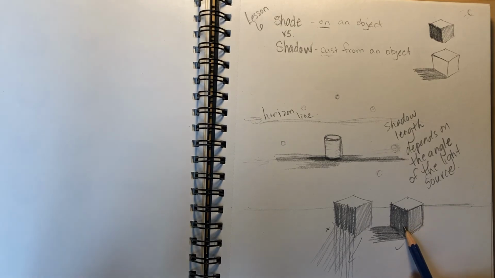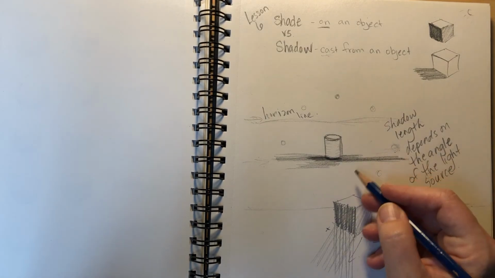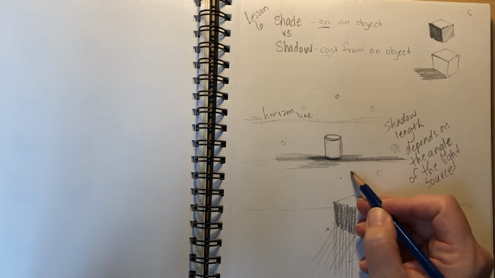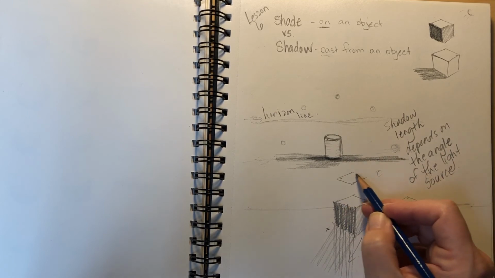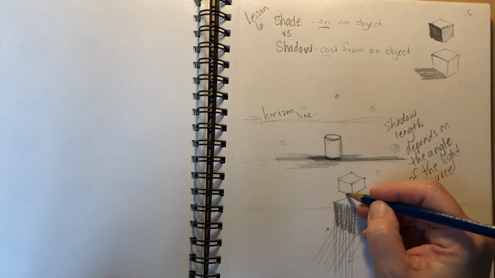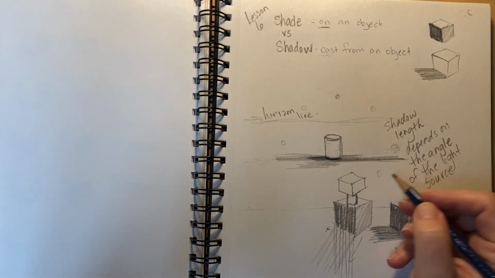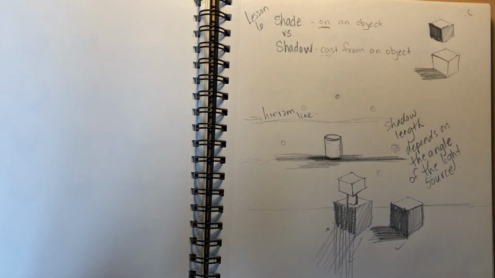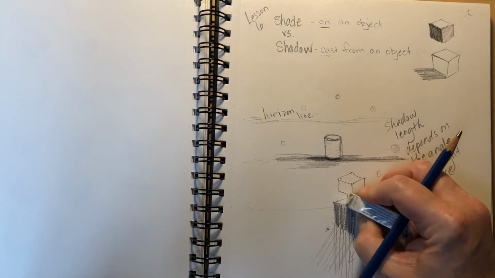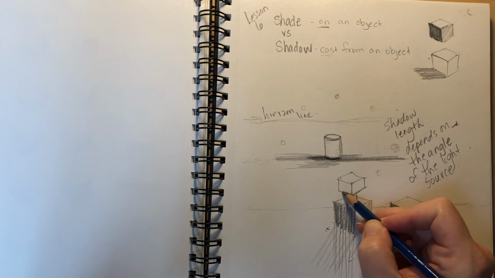You also want to make sure when you're doing your shadows that it makes sense to the shape of your object. So for example, if I was going to build something on top of this, maybe I'm going to stack a box and then I'm going to connect them using a tube. Looks like one of those little hamster kind of houses that they crawl up in. So if this was my shape,